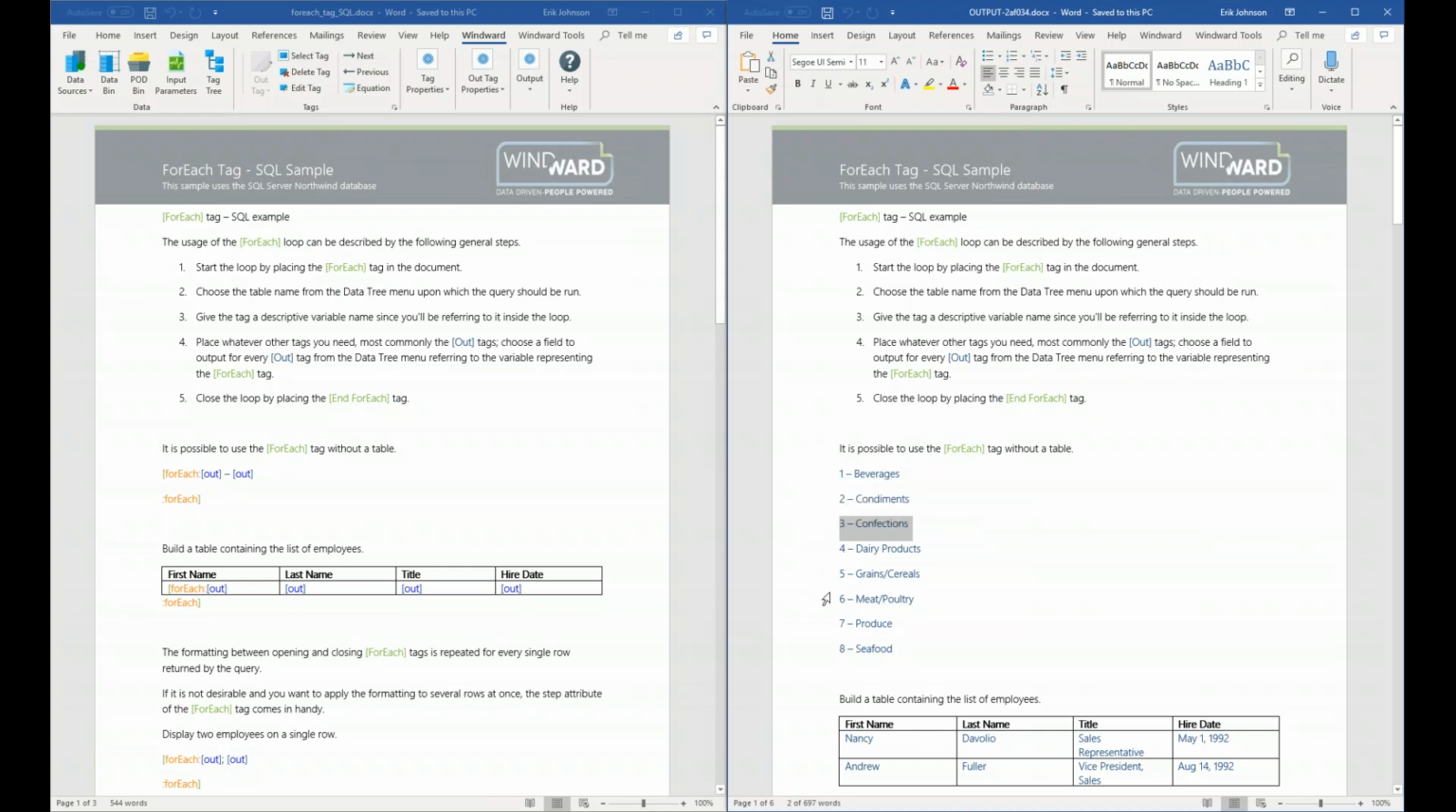Well, how does this actually happen? Why is it inserting the next record on a separate line? Well, the reason is that we added our end for each tag right here on the very next line. So there's nothing after this second out tag, all this white space. Then the ending for each tag is on the next line. So you can more closely see what's happening,